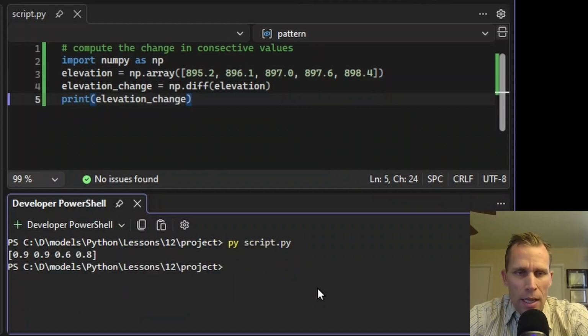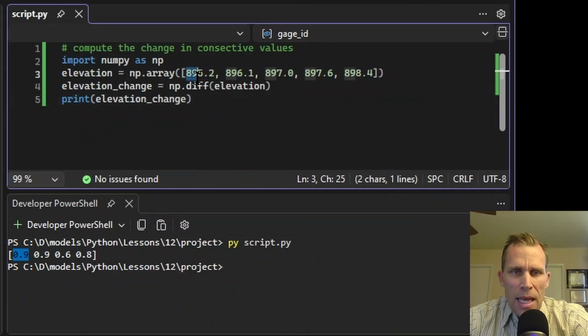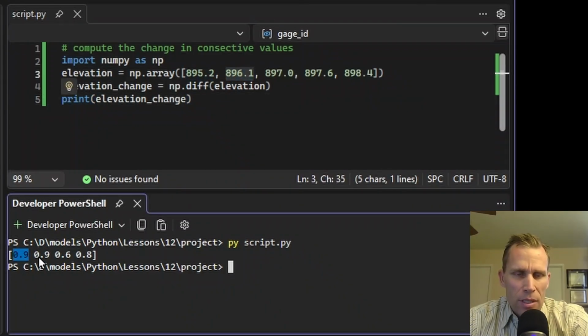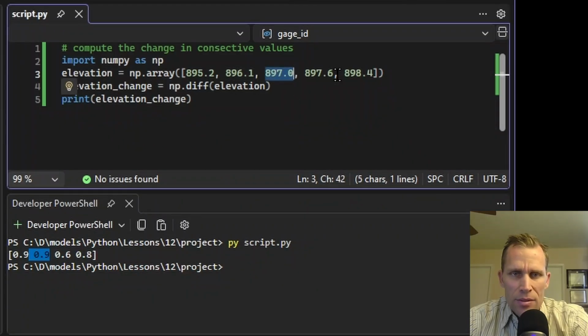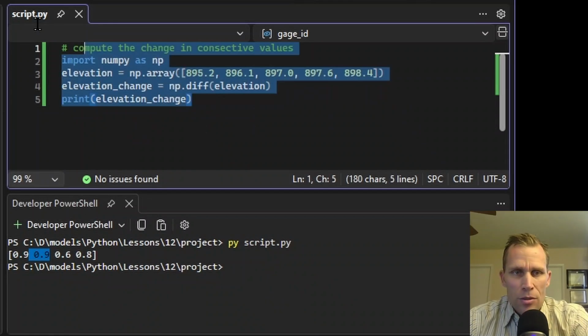Right, clear and run. All right, so 0.9 is the difference between 895.2 and 896.1. It has increased by 0.9. It looks like it increases another 0.9, so that's 897.0. See how that works? And next, we're going to talk about distributions and populating NumPy arrays with random distributions based